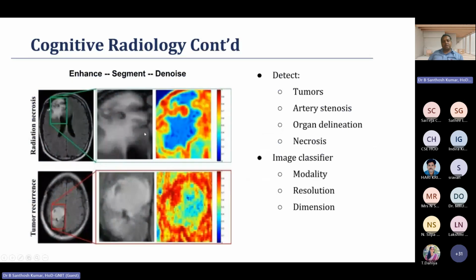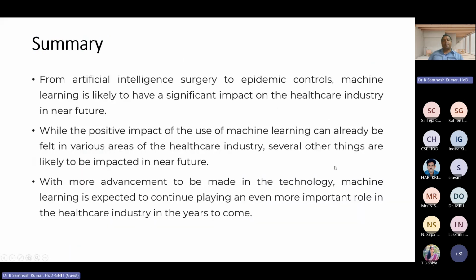And cognitive radiology also detects the tumors, then anterior stenoids, then organ delineation, then necrosis, then image classifier as modality, then resolution, then dimensions, etc. So finally, I'm going to conclude this summary, because of artificial intelligence development, especially its use